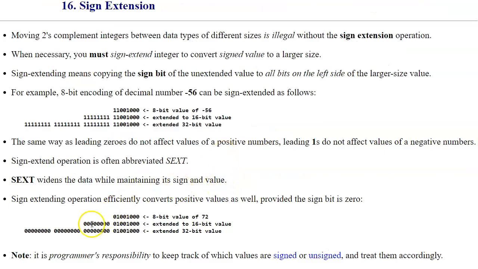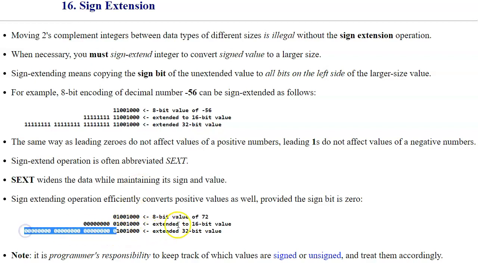And one very important note is that it's our responsibility, the programmer's responsibility, to keep track of which values are signed or unsigned when we program values in a low-level programming language in assembly. We have the responsibility to keep track of which values are signed and sign extend accordingly. If the values are unsigned, which means only positive numbers and 0, then of course we would just extend with 0